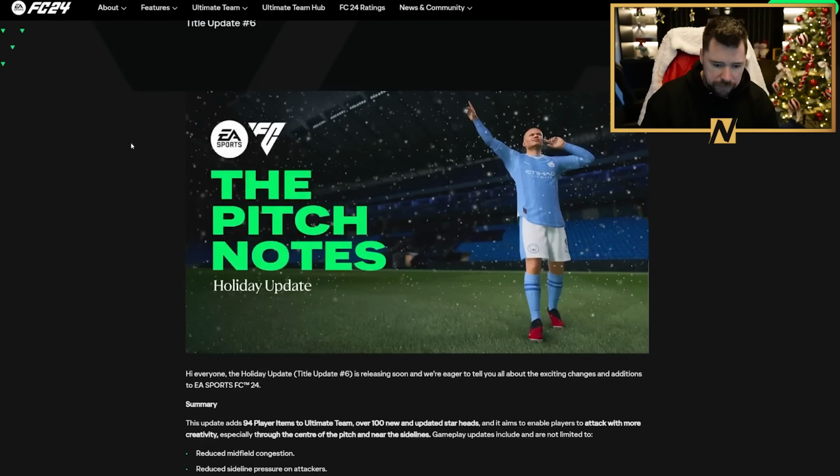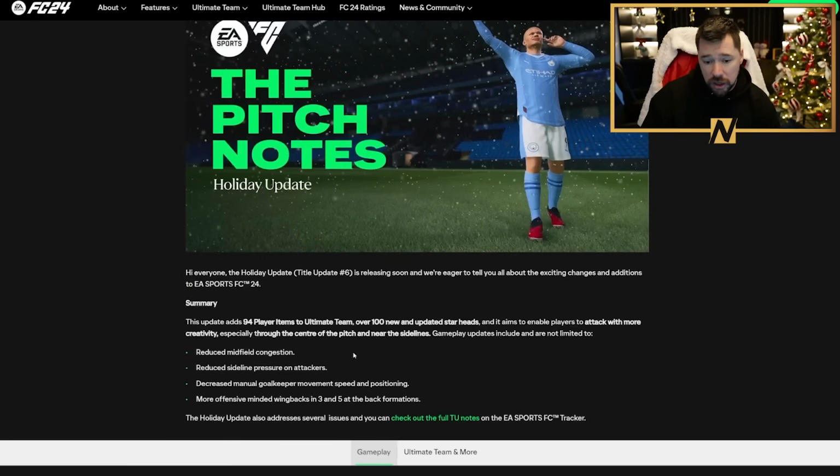Let's have a little look at what EA have to say and give our opinions on it as we go. "Hi everyone, the holiday update, title update number 6, is releasing soon, and we're eager to tell you about the exciting changes and additions to EA Sports FC 24. This update adds 94 player items to Ultimate Team, over 100 new updates and star heads, and it aims to enable players to attack with more creativity, especially through the center of the pitch and near the sidelines. Gameplay updates include and are not limited to..."